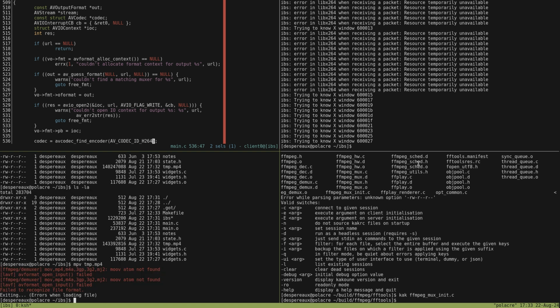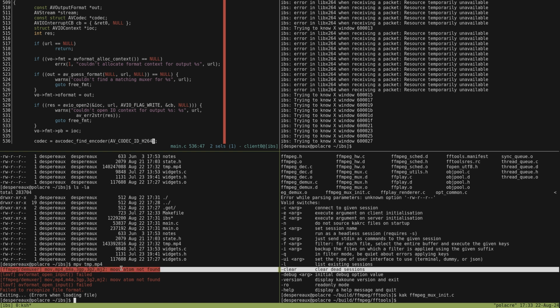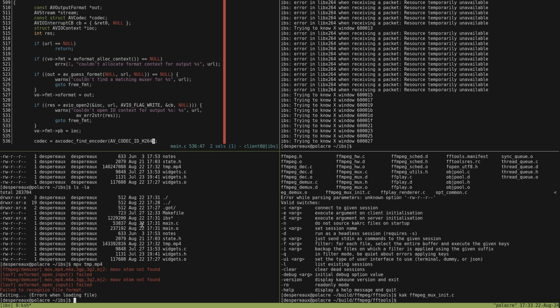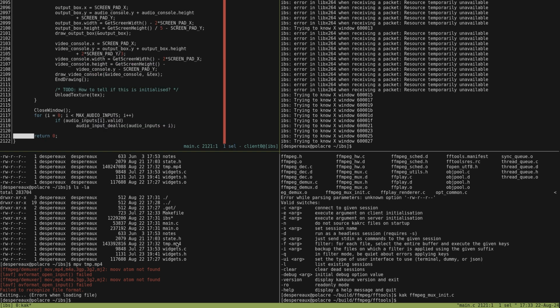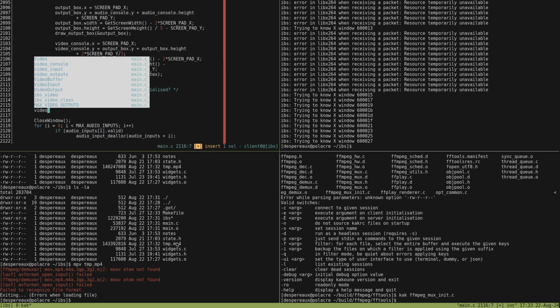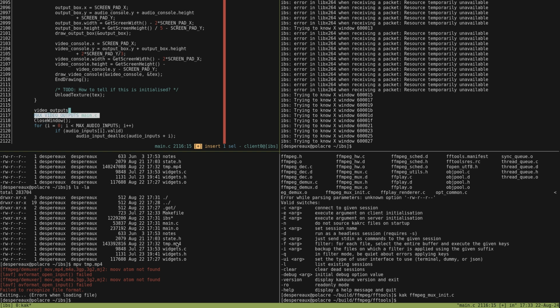So there are two issues here. One, we've seen this issue a couple of times before. Basically, we don't drain the codec or write the trailer for the container format correctly, as in at all. And that actually matters. So somewhere out here, we want to do something like video outputs, and then maybe we want to do a nanosleep.